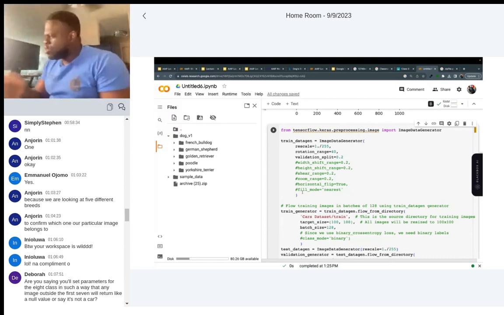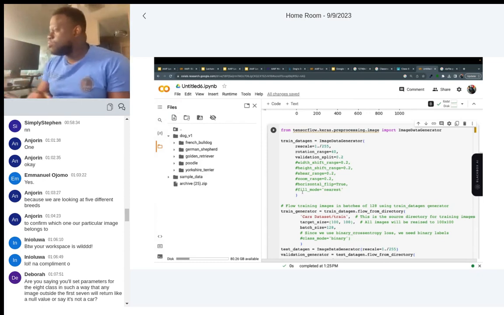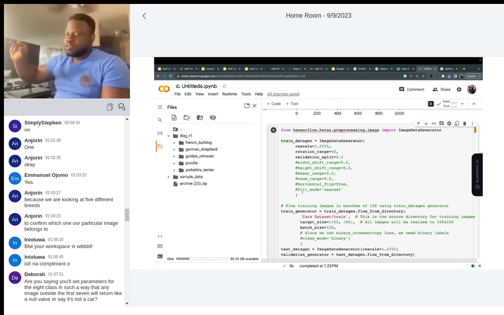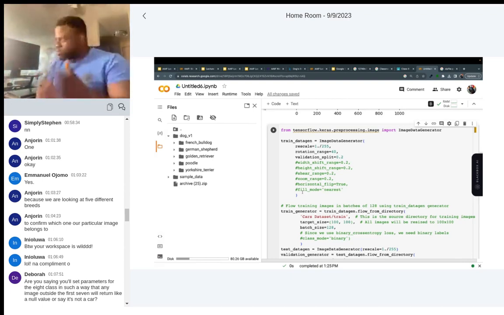So if you are creating a model to tell you how many dogs come by, it will just say 17 dogs came by, even though the dog is a tortoise, even though the dog is a goat, even though the dog is a cow. But once you create code that, once it brings out the 8th class, ignore, don't count, you will know that it was specific.